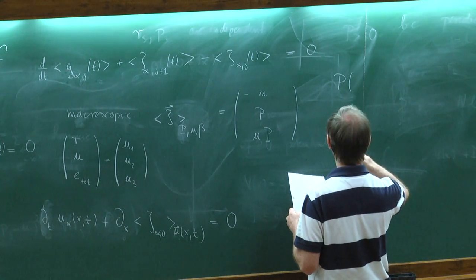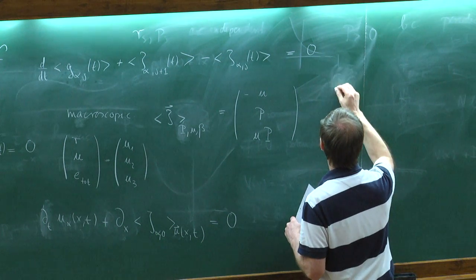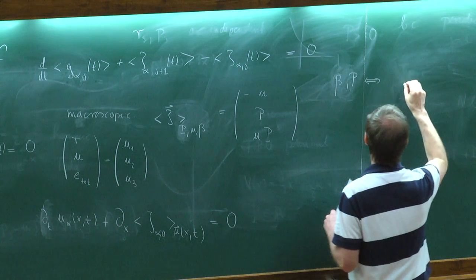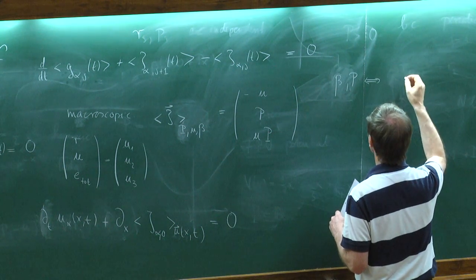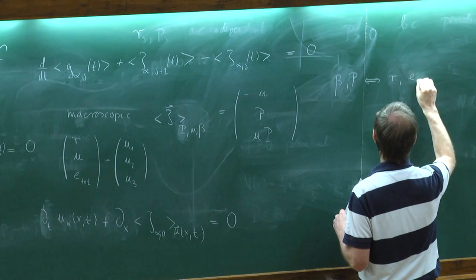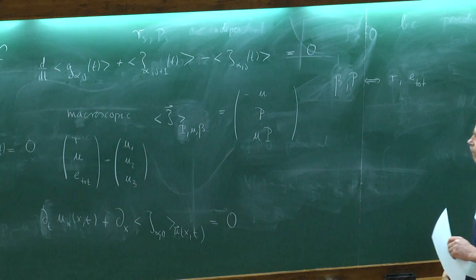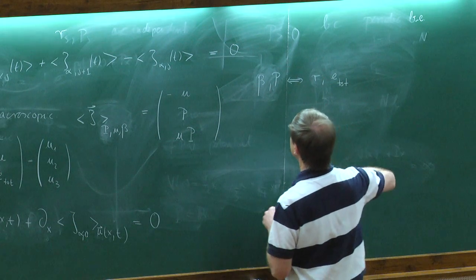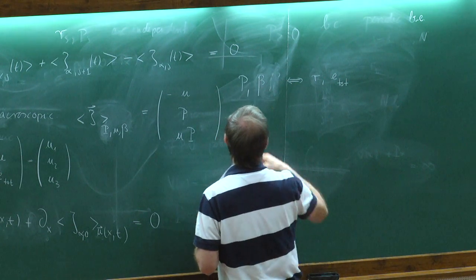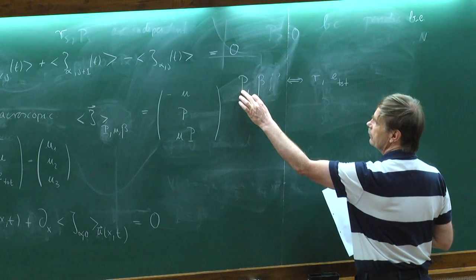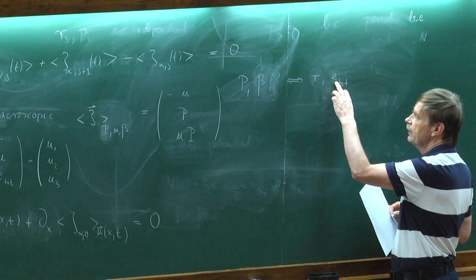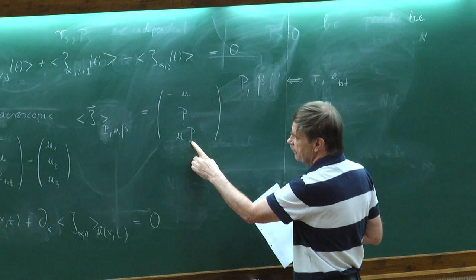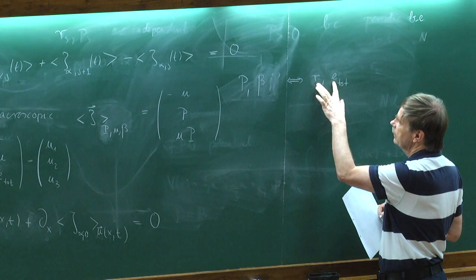So I have the pair beta and pressure, and this will be related to the stretch, and will be related to the total energy. Okay, maybe I write this as p beta, sorry. So r is the dual variable to p, and beta is the dual variable to the energy. And now I have to express the pressure simply as a function of these two things, and this I